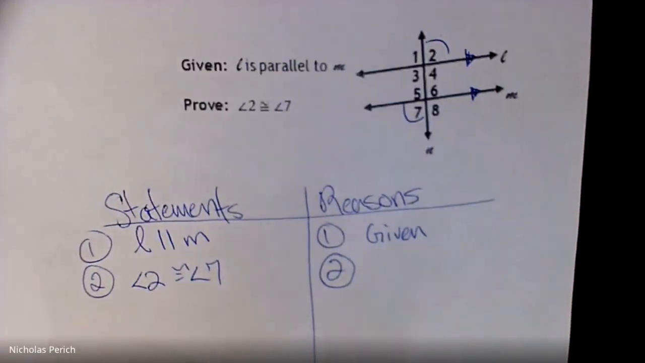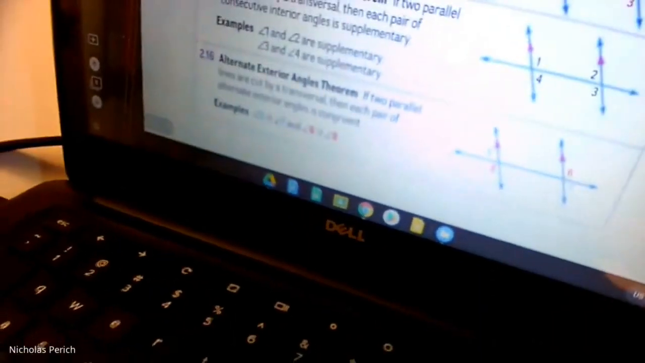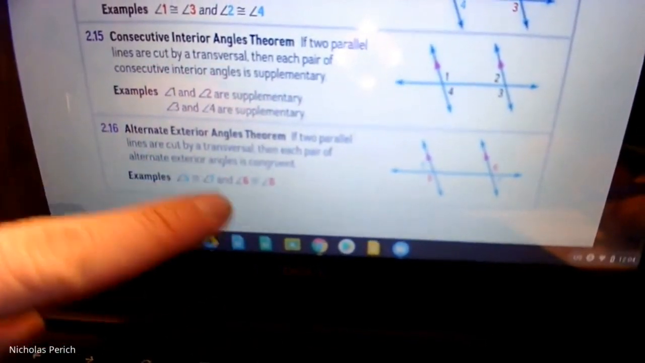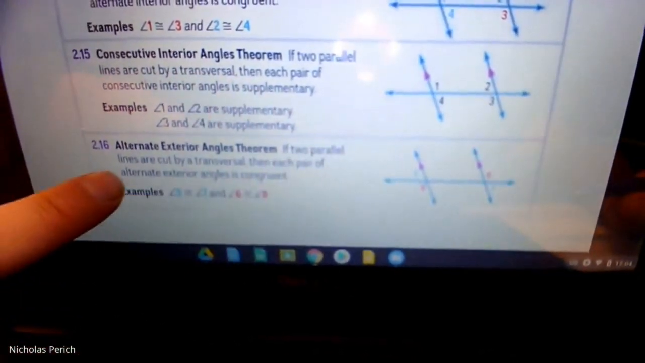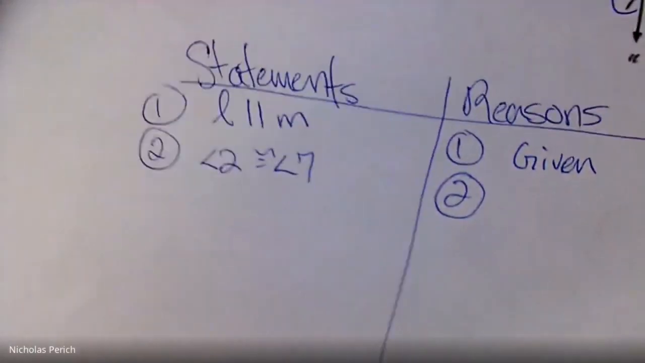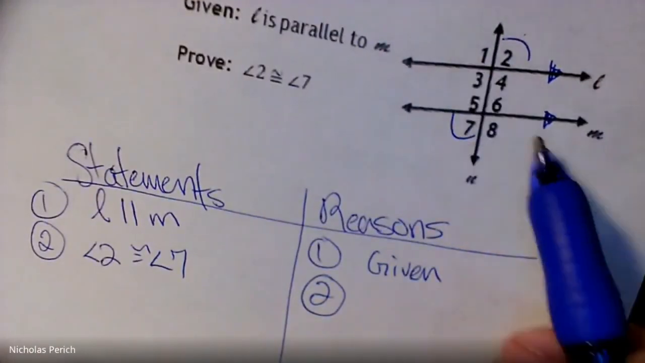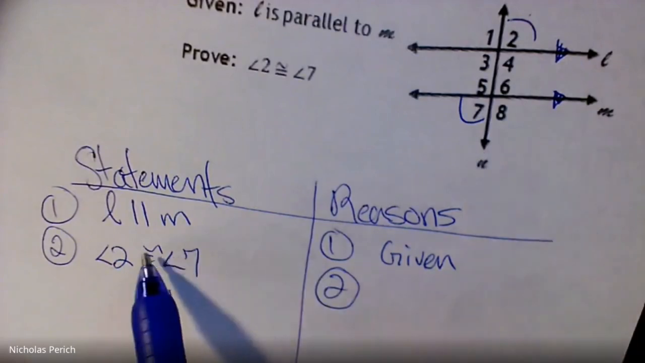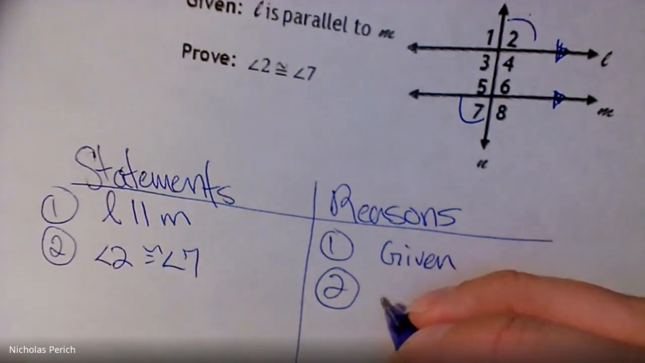And according to that thing right there, this is not working at all. Why is it so difficult? According to that guy right there, the alternate exterior angles theorem, if 2 parallel lines are cut by a transversal, then each pair of alternate exterior angles is congruent. Okay, so this is a pair of parallel lines cut by a transversal, which means they're congruent, and that's according to the